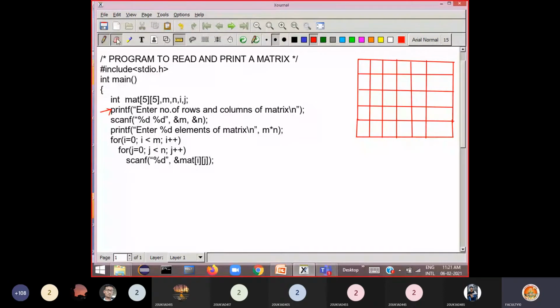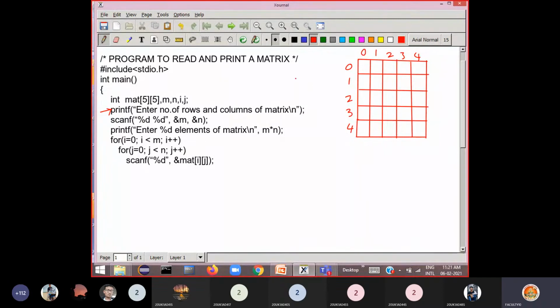So this way 5 rows and 5 columns of memory are allocated here. Assume this is your matrix. Then the matrix index begins with 0. So this is row 0, this is row 1, row 2, row 3, row 4, and this is column 0, column 1, column 2, column 3, column 4. This way the matrix memory is allocated.